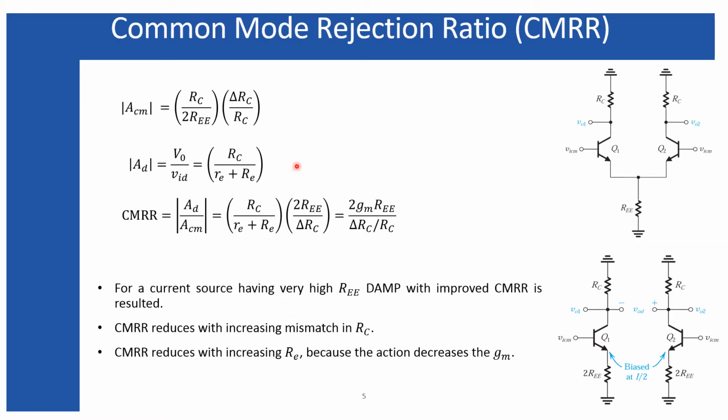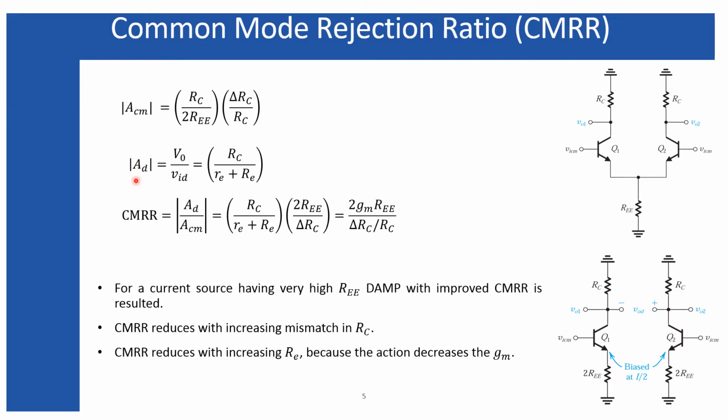Next is the common mode rejection ratio. In the case of common mode rejection ratio, I have assumed that there is a little mismatch in the collector resistance of the transistor Q2, and due to that little mismatch delta RC, I get some common mode voltage gain ACM. In general, for a perfectly matched differential pair the common mode voltage gain must be 0, but since there is a little mismatch in this collector resistance RC, I have this common mode gain that depends upon delta RC, and this is the differential mode voltage gain that I have derived in my previous